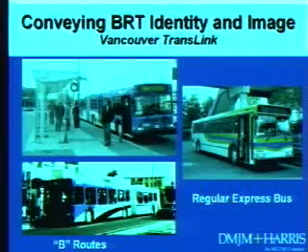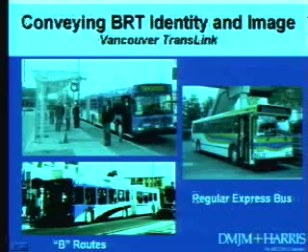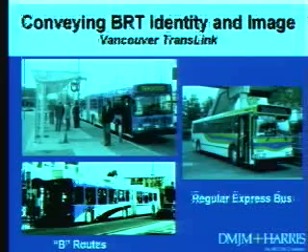In Vancouver, again, the bus on the right is the regular bus. The bus on the left are their bus rapid transit buses. They have stations that look like this one up here in the upper left. Lots of glass so that people feel secure. And low-floor buses. And just a nice package there. And they also have real-time information, and they're going to have off-vehicle fare payment too. The machines are something they haven't figured out yet, but they're going to do that as well.